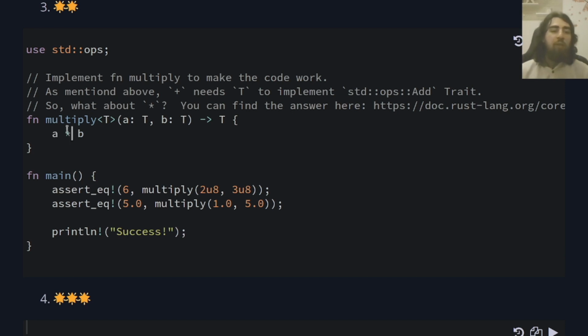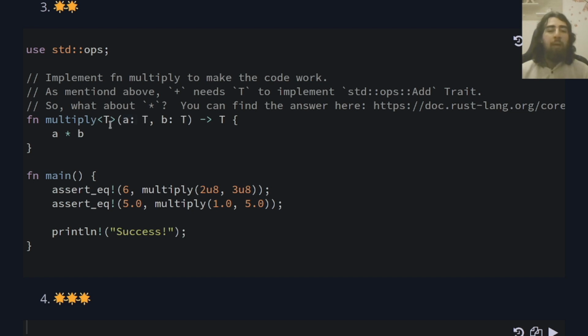Now, as you can see over here, we are using the operator for multiplications. And that means we have to ensure that the T over here, the type of the arguments that the multiply function takes,